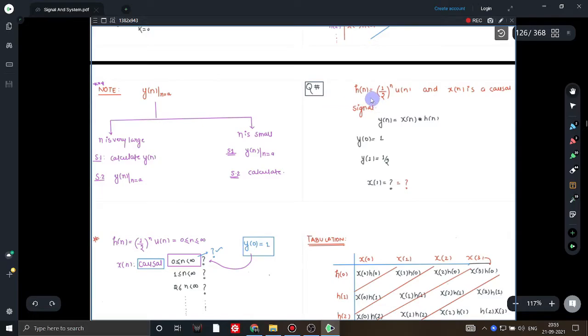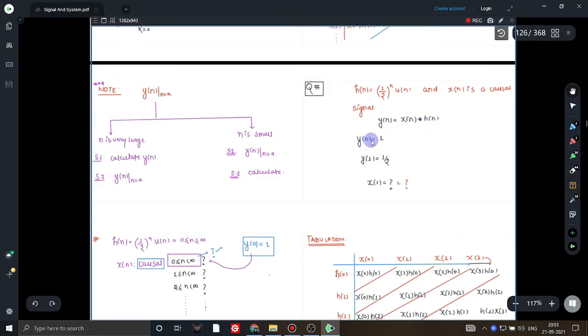In this question, h[n] is given as (1/2)^n u[n] and x[n] is a causal signal. Now, as we know, the resultant y[n] is a convolution of x[n] and h[n],